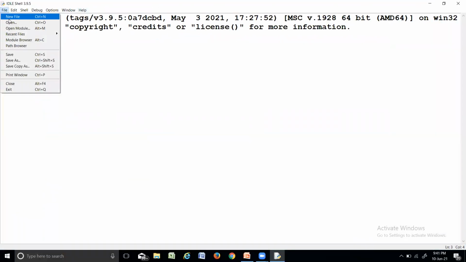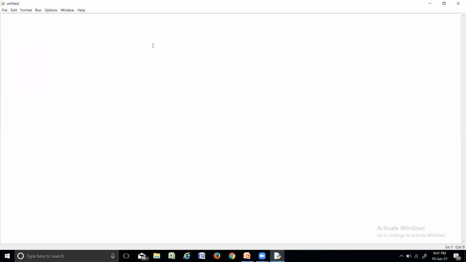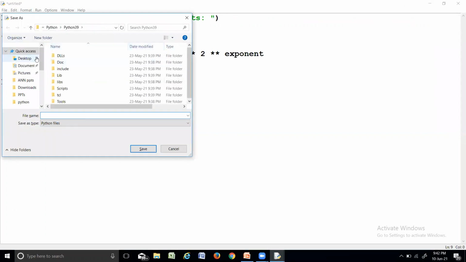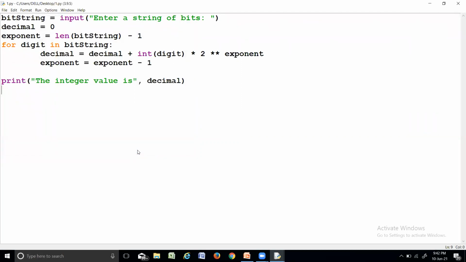Because the program contains a number of lines, I'll open a new file and paste the program into this. Save it on the desktop. I'm giving the name 1, so now it is saved as 1.py.